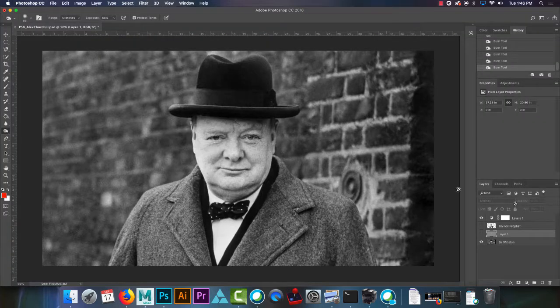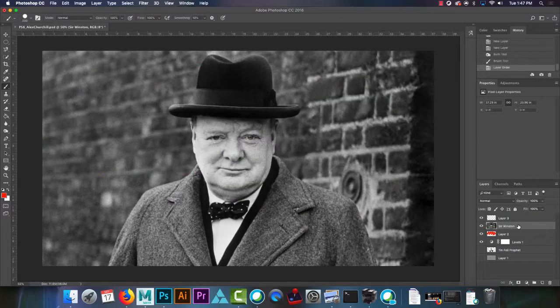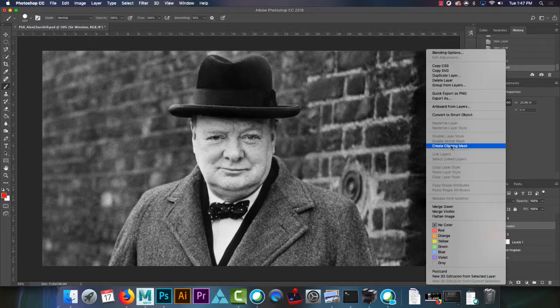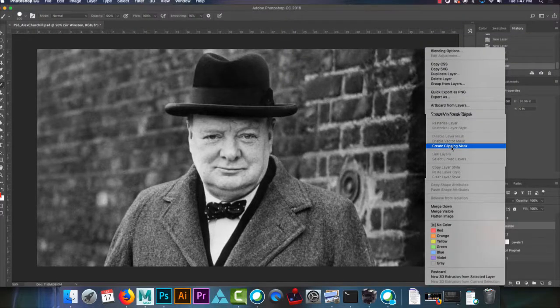So what that looks like, let me just make 2 layers on top of this. So say I have this red squiggle here. And I take Sir Winston, I put it above the red squiggle. I can right click on it. You'll see there's an option here, create clipping mask. And when I select that,